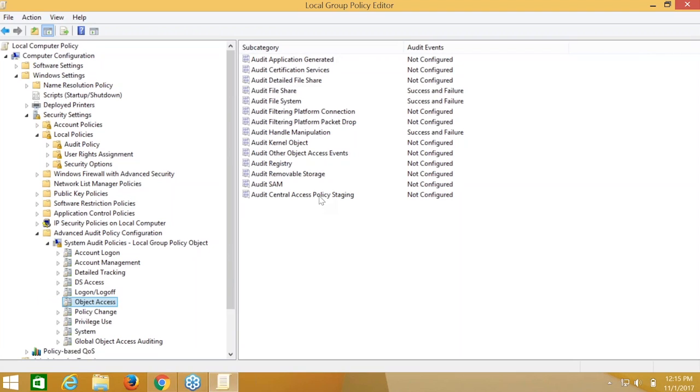So in this case, maybe if you're looking at a particular compliance mandate where you're tracking accesses and modifications made to files and folders, you might not want to turn on auditing for each of these subcategories, right? You might not be interested in certification services, for example, or SAM, but you might be interested in auditing file shares, the file system events, and handle manipulations.